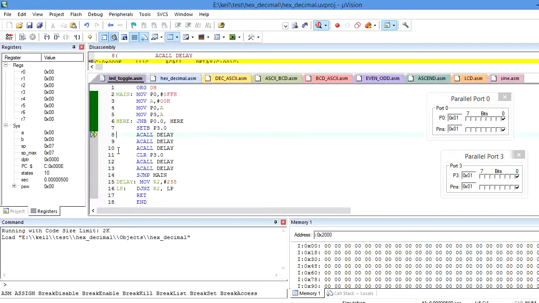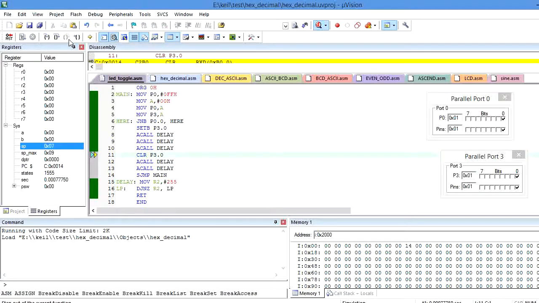Now I am going to execute the loop instruction by using a call delay function. So the instruction is executing the delay function. If I want to come out of this loop, I am going to use step out function. So again it is going to call the second delay function. Again it is calling the second time delay function. If I want to come out of this loop, again I am going to use step out function. Again I am going to call the third time a call delay by using step in function. Now again it is executing the third time delay function.